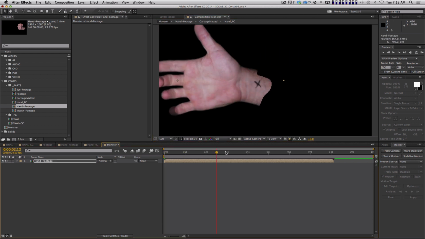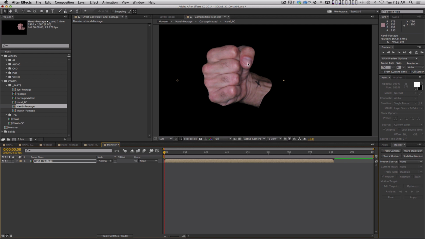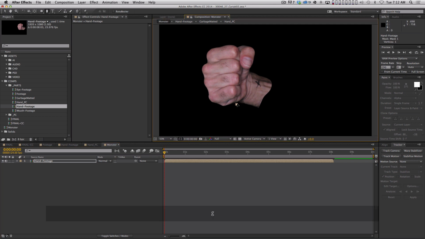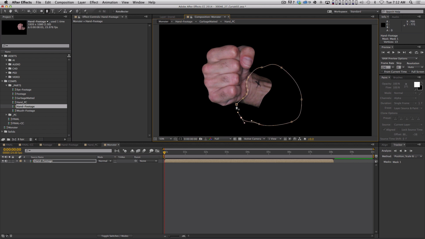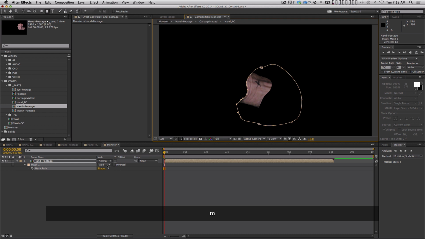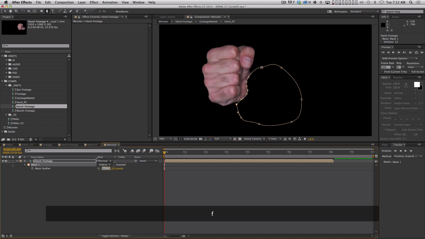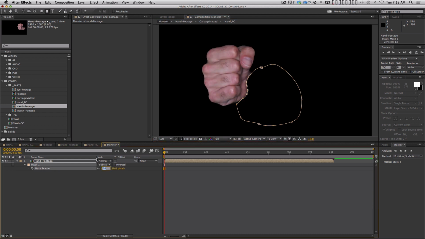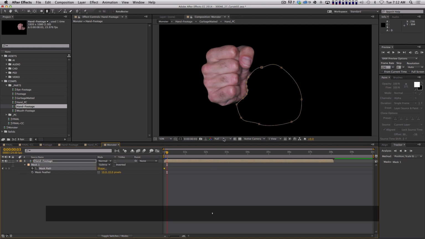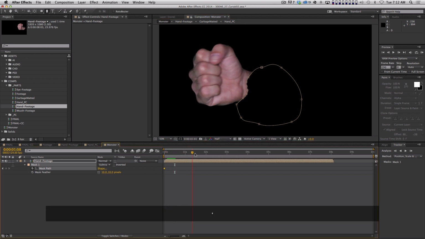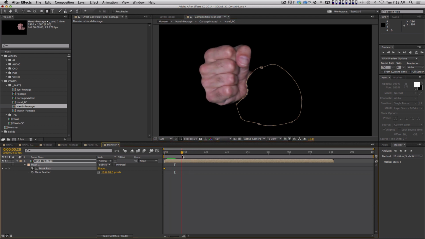Now, I just want the hand. I don't really want the wrist. So I'm just going to draw a mask around the wrist like this, and I'm going to set that mask to subtract. I'm going to feather it a little bit, and I'm going to put a keyframe on it. So Option M. And I'm just going to kind of play through. And let me switch this to half res so it doesn't take a million years. All right, and what you want to do is just sort of,